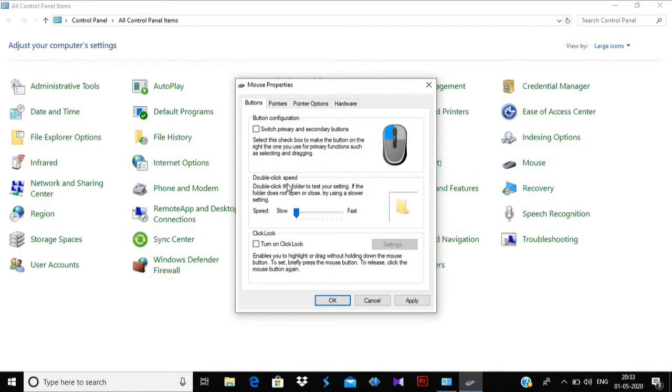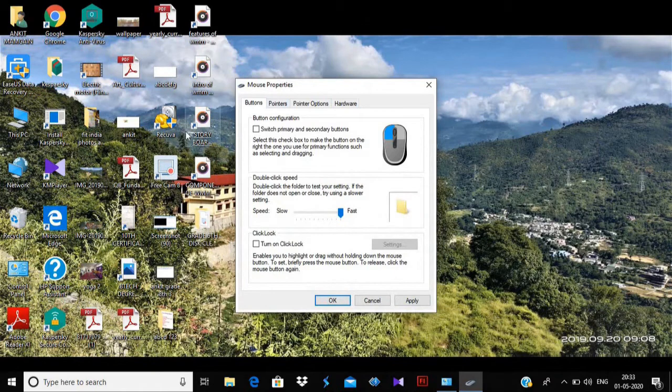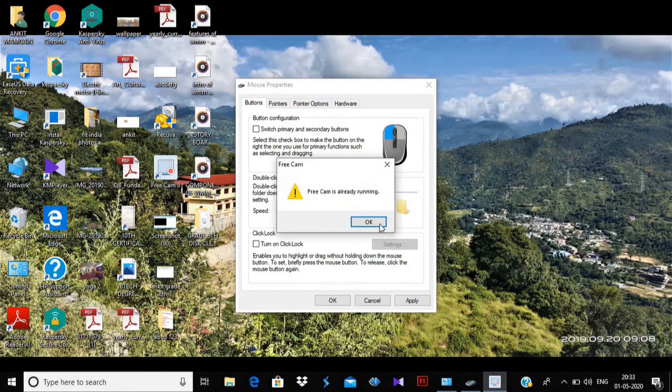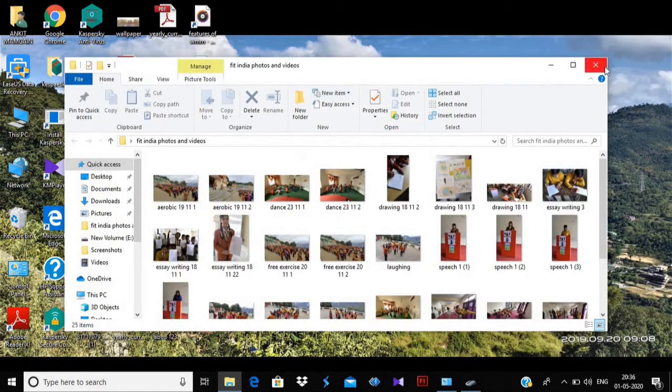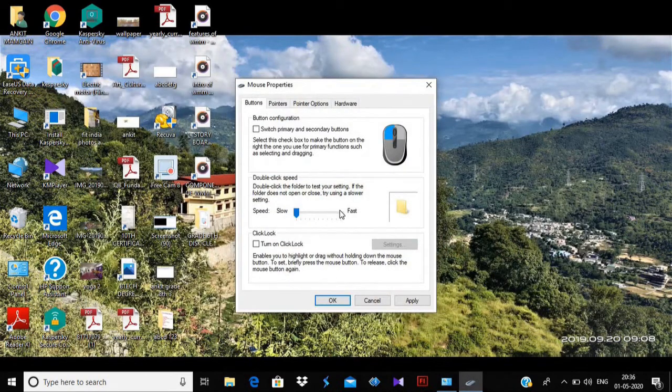Now the second one is speed, the double click speed. Right now it is slow. If I move it to fast, see how it will work. It will work fast. In slow speed, it will open after a little delay: first click, second click. It is a little late, but in slow it is also working perfectly.